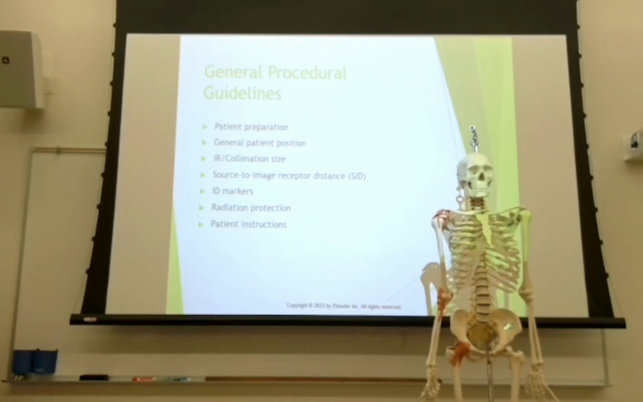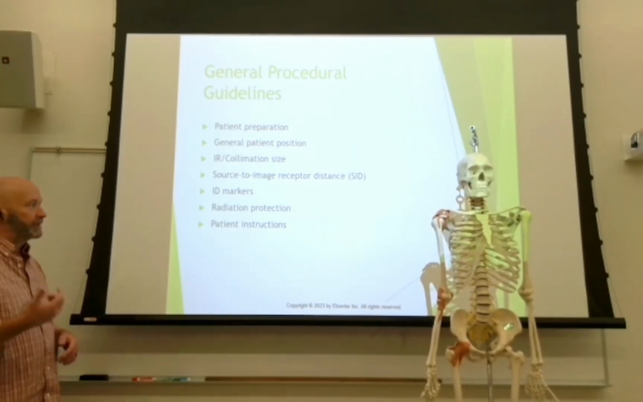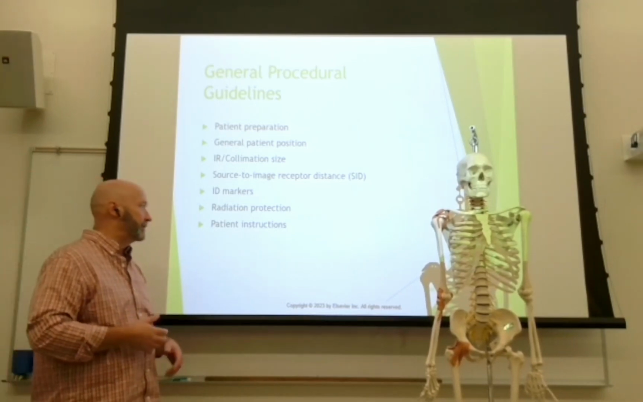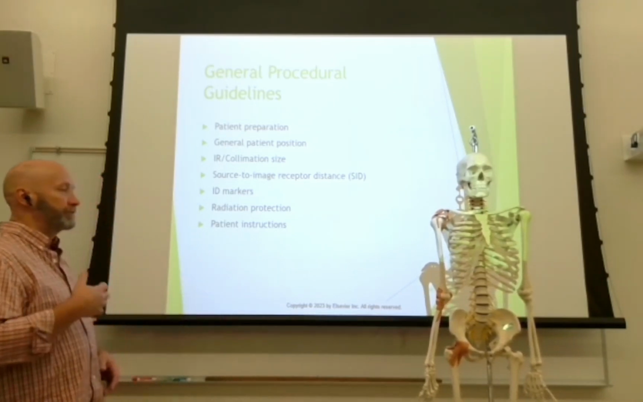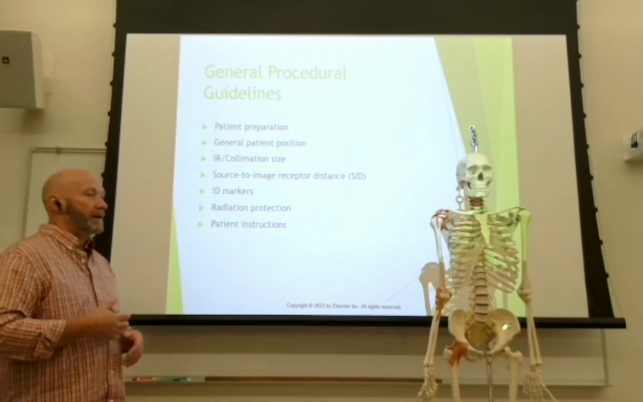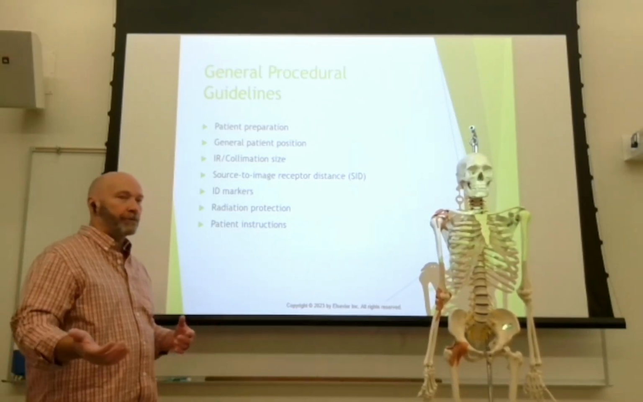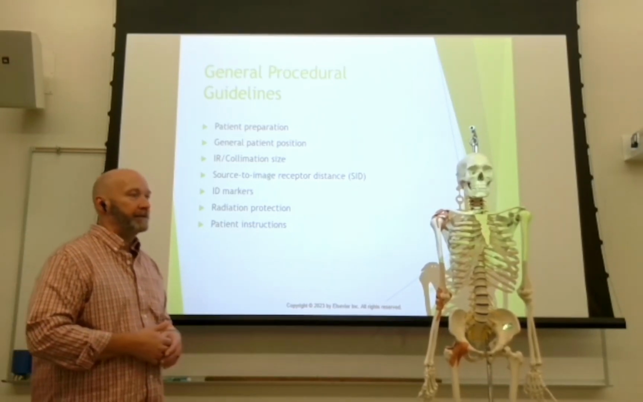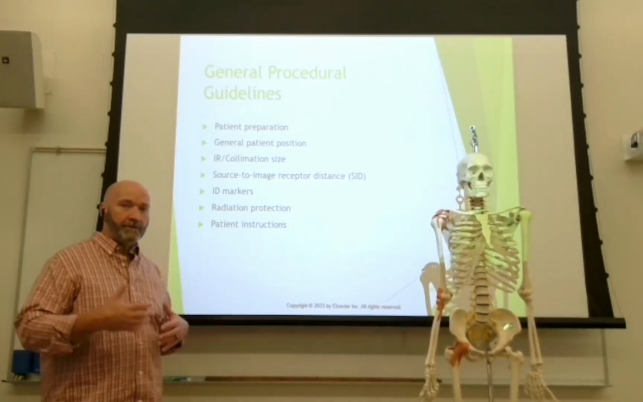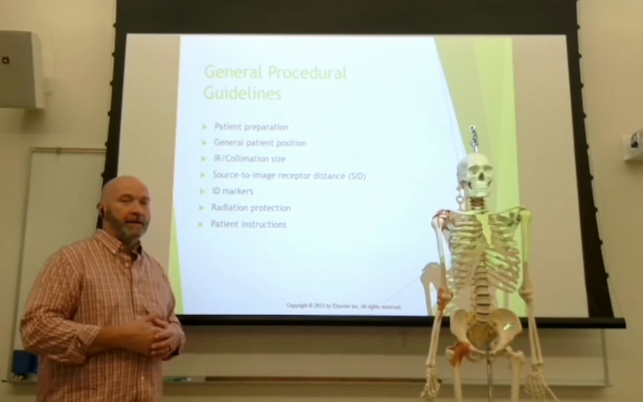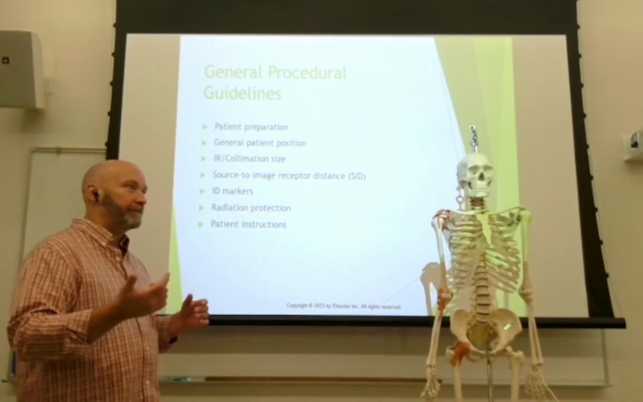Procedural guidelines, just like everything else: get artifacts off of patients, practice radiation protection, give good patient instructions, and make sure you use your markers. Your SID, you can use 40 inches on most patients. If you've got a very broad patient, you may back up to 72 inches. So we talked about in physics,